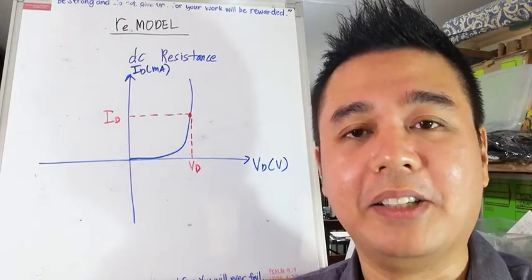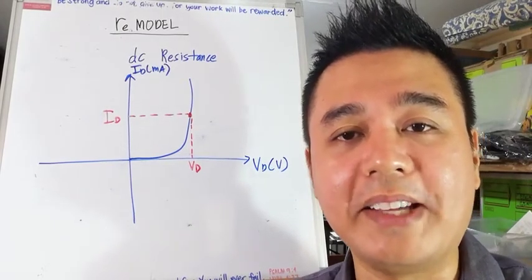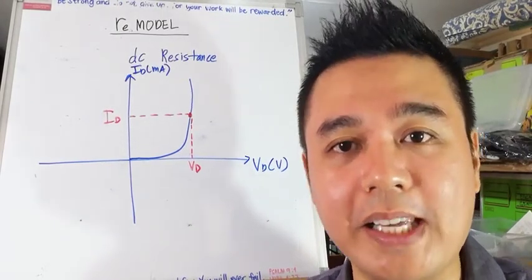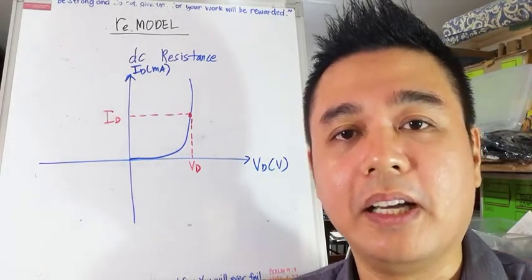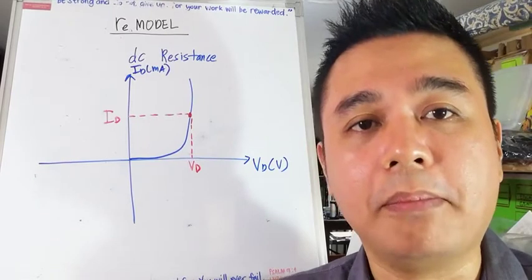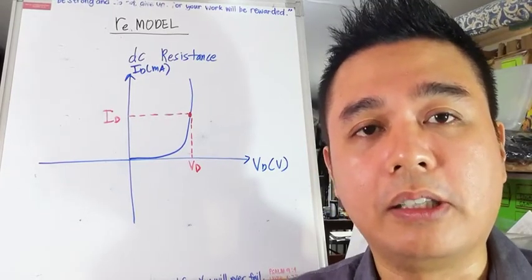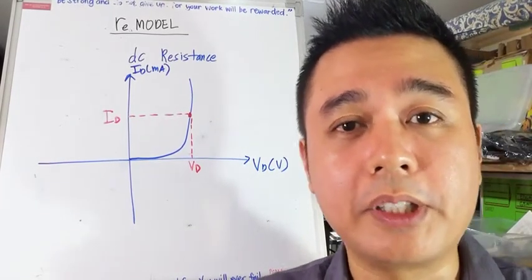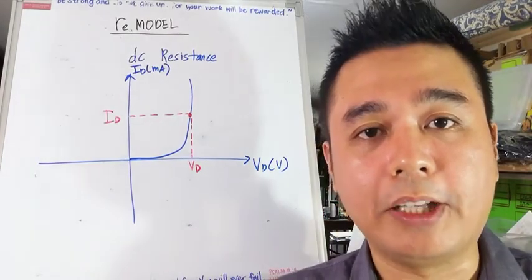Good day, class! Today ay magsisimula na tayo sa AC analysis of the BJT amplifier. Ang gagamitin natin is yung R sub E model. But before we start on the R sub E model, let us first recap what you have learned in Electronics 1,